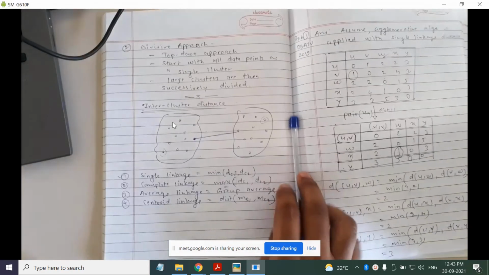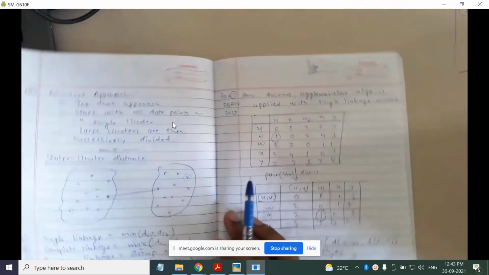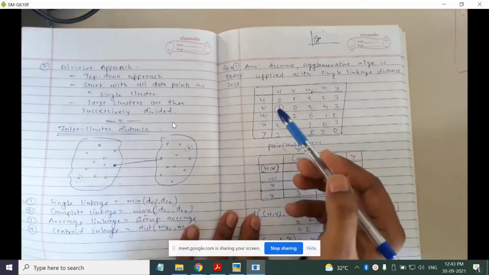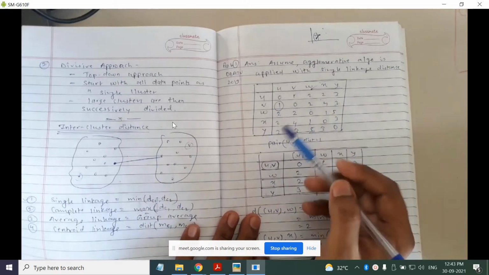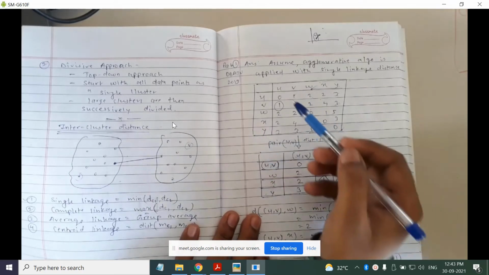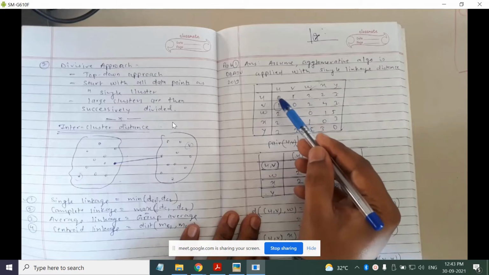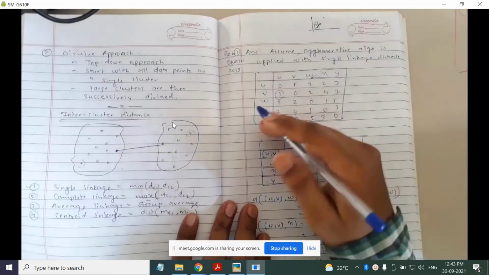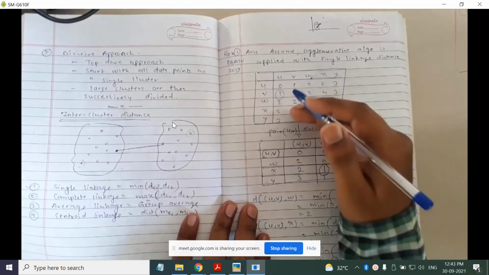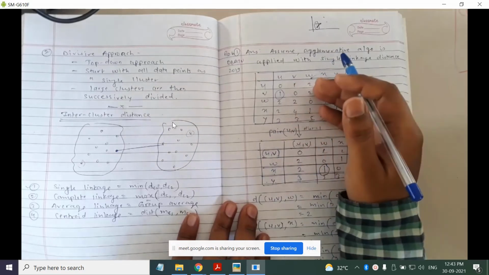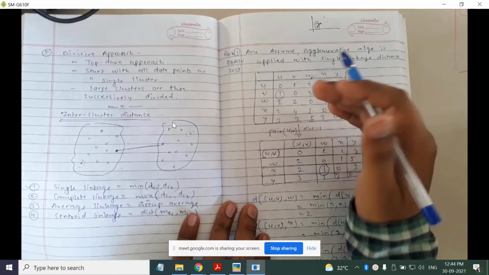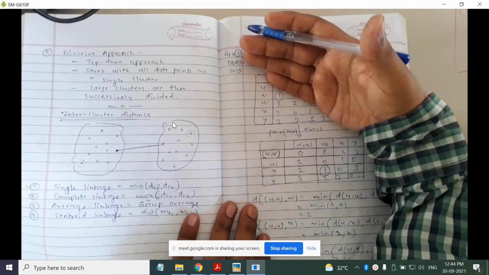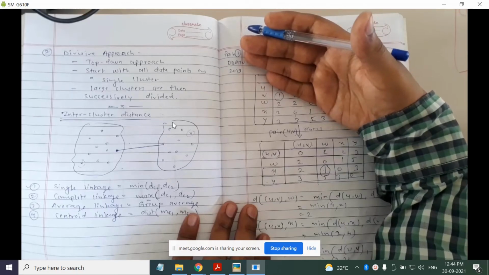That day we solved a problem using the single linkage, so let us have a quick recap of that problem. You have 5 data points, and their distance matrix is given. The distance between the same point will be 0, so along the diagonal you have 0, and the other distances are given. It is a symmetric matrix, so its transpose will be the same. So you have to consider only the lower triangular matrix and find the least distance, which is 1.